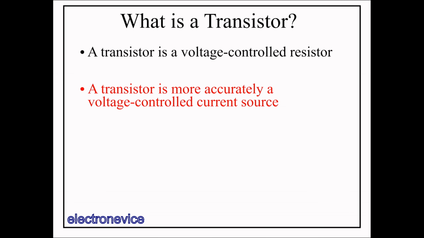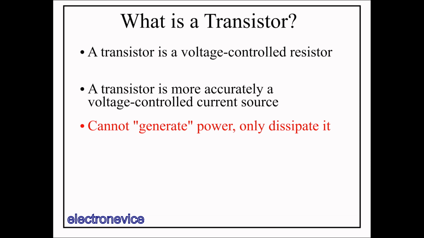It's actually a lot more accurate to say that a transistor is really a voltage-controlled current source, with the caveat that the current source cannot provide power. It only operates in such a way that the applied voltage drop across the current source results in dissipating power, not generating power. This means some other power source, like a battery, needs to supply voltage to the transistor so that it can draw current from that power source. So, like a resistor, the transistor can only dissipate power, not generate it. But unlike a resistor, the current is mostly independent of the applied voltage.